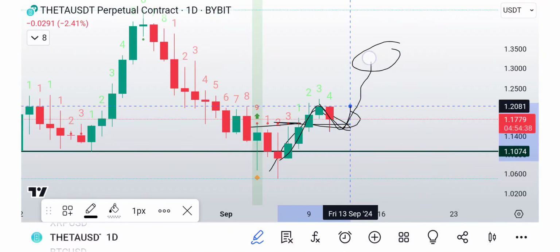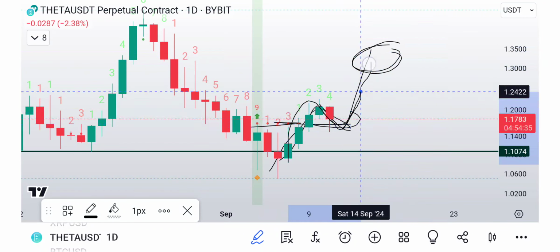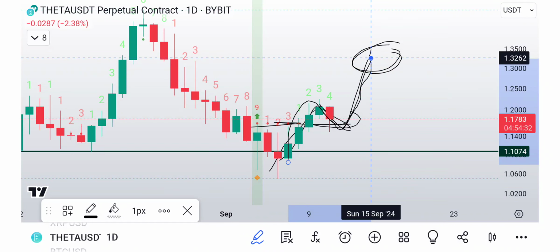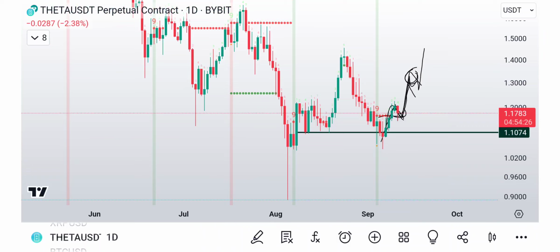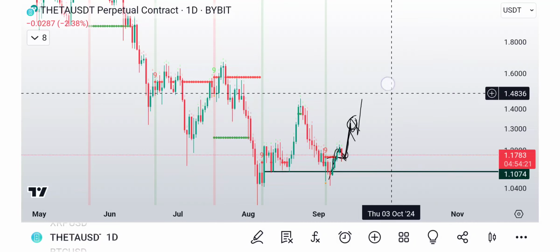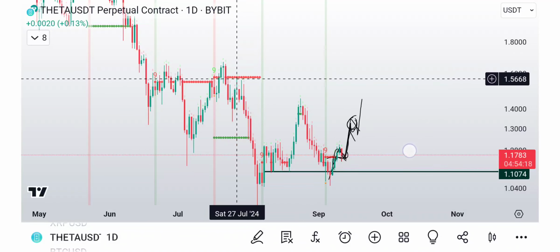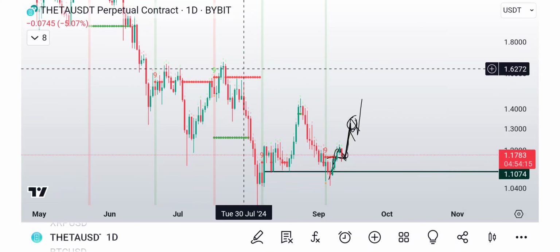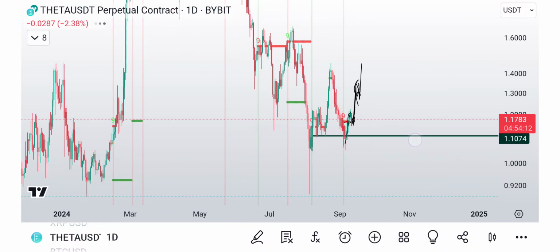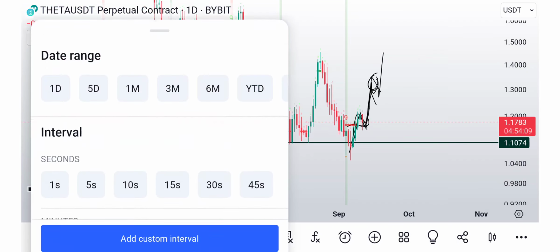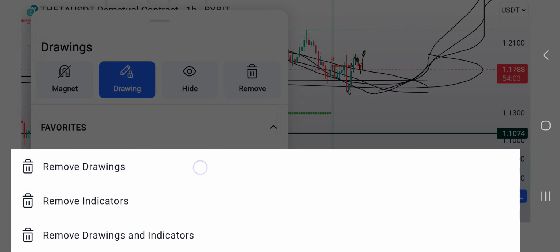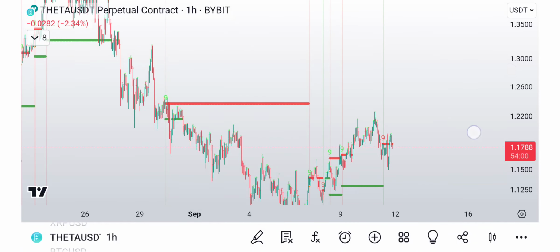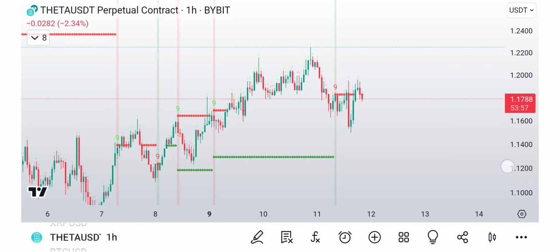If we can get 1, 2, 3, then it becomes, well, is this a 3-wave move? Or if we consolidate here bullishly, do we get that 5th wave to the upside? That's what I'm going to be looking for. I want to see 5 waves to the upside, and I want to see it get back to about $1.50, $1.60 area, back up to these swing highs up here. That's yet to be seen. But anyways, if I'm buying, I'm going to be looking at an even smaller time frame here. And honestly, what I would do is wait